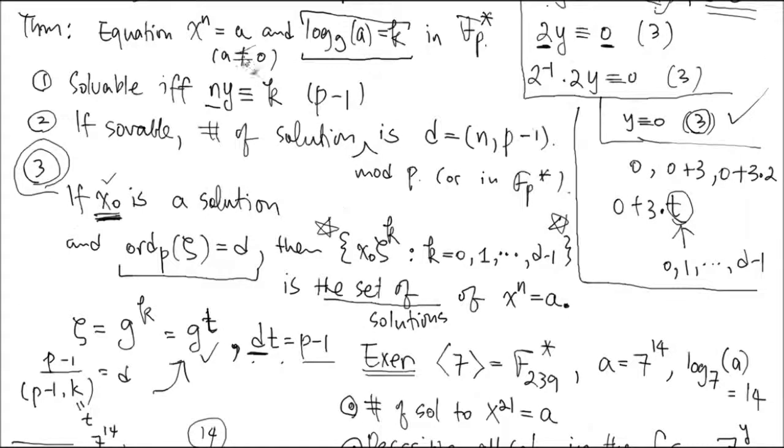Solvability of this equation is really solvability of this linear congruence equation, modulus p minus 1. That's what's happening to the exponent. From there, we can calculate the number of solutions. We can describe all the solutions with some additional information in this exponent form. Right? So that was the